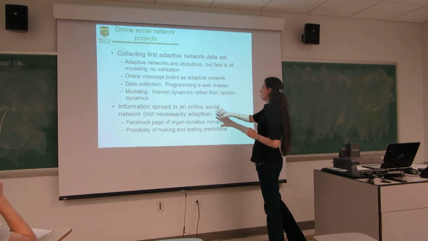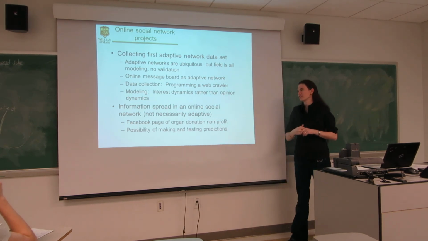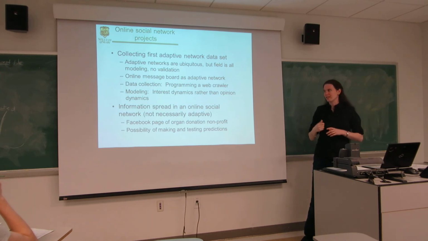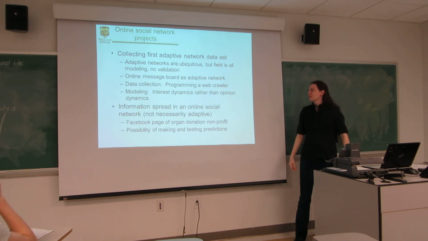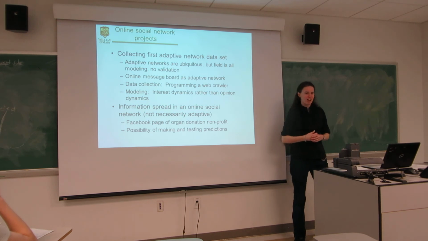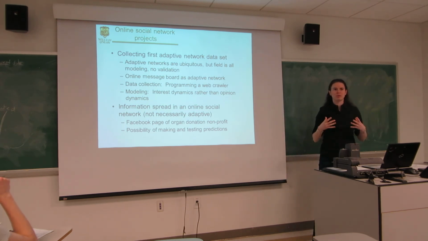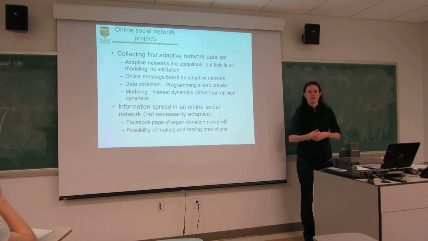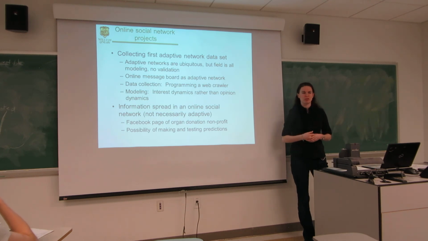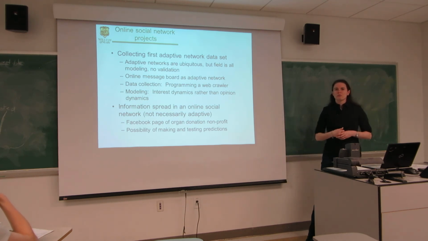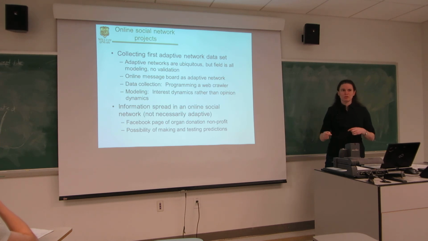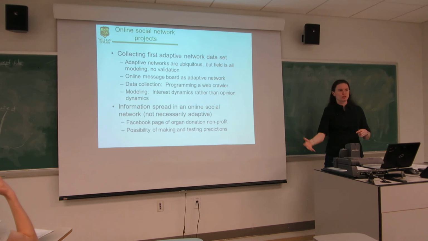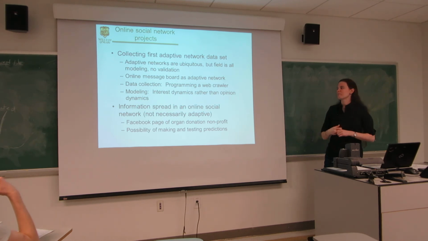The other thing I have in mind, this is not necessarily an adaptive network, but it is online social networks. There is an organ donation nonprofit to encourage people to sign up for being organ donors. And the director of the nonprofit is in Williamsburg, and he does a lot of his stuff by Facebook. And we could get access to see who's actually liking the Facebook page, who's sharing the statuses, that sort of thing. And it could be an